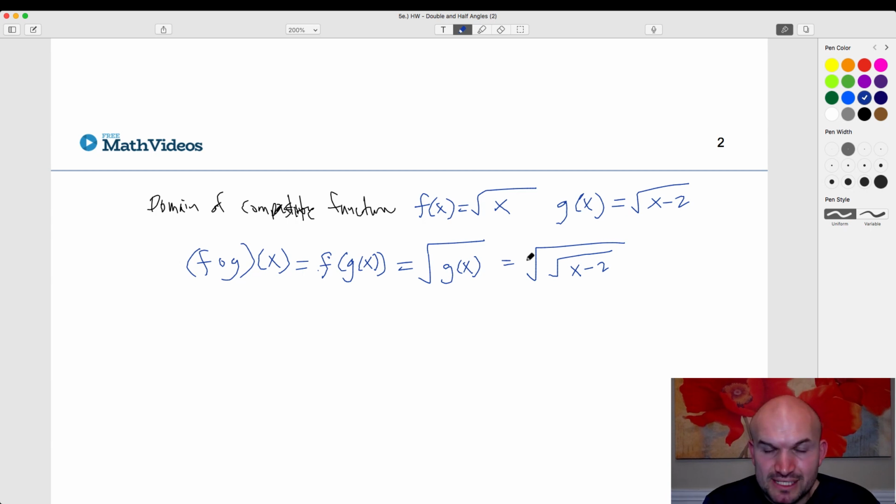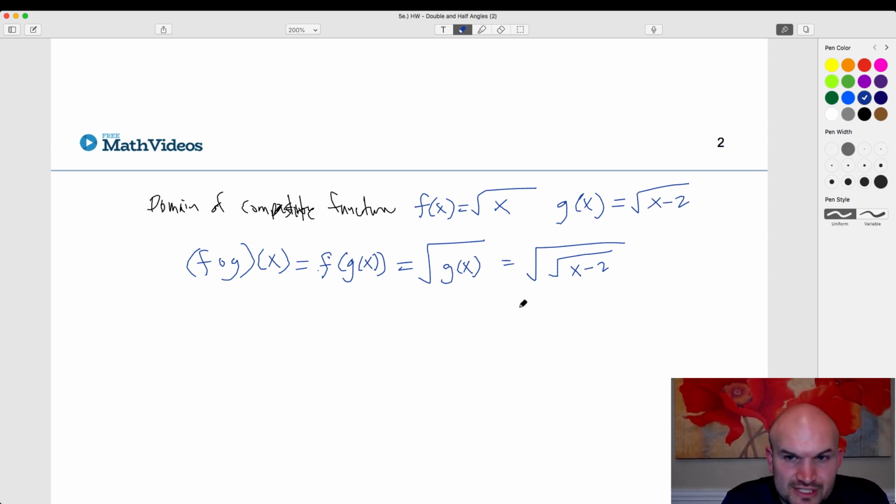And basically when you're doing the domain of a composition of two functions, there's two things you need to consider. You need to consider the domain of the function that you're inserting into the other function. So we need to figure out what this domain is. And then you need to figure out if the domain of them simplified has changed at all. Okay. So let's figure out what the domain is of g of